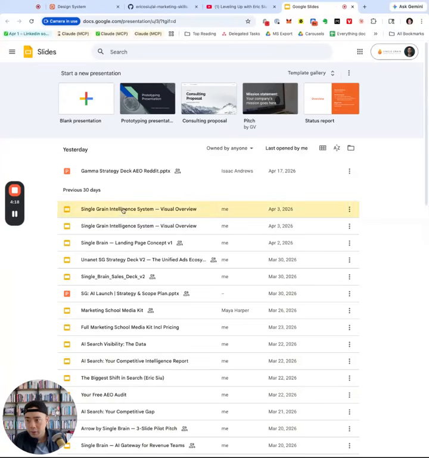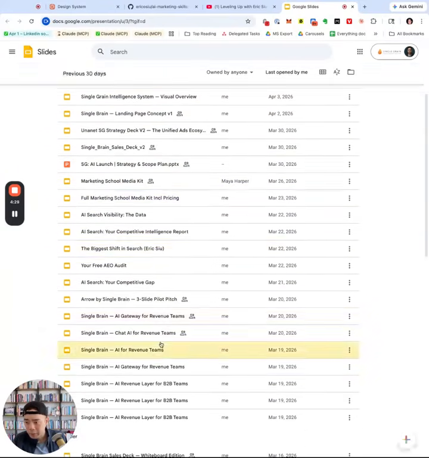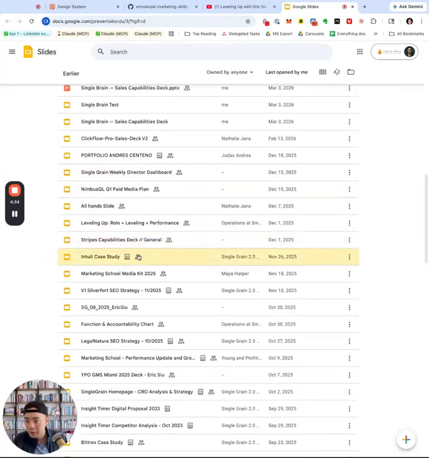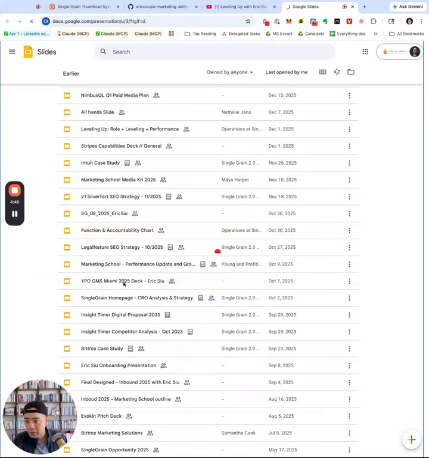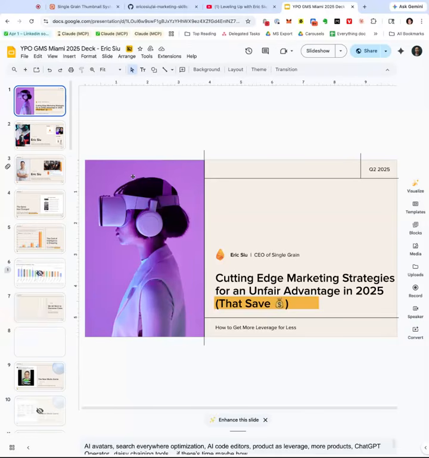So Google Slides, let's look at, we have all these decks over here that we can use, right? And so let me take a look at this. Maybe when I spoke at a conference, for example, there's all these decks that we have. Okay, so let's look at this deck. So when I spoke at a conference a year ago in Miami. So I'm not saying I'm going to use this template exactly, but there's probably some elements that we can take